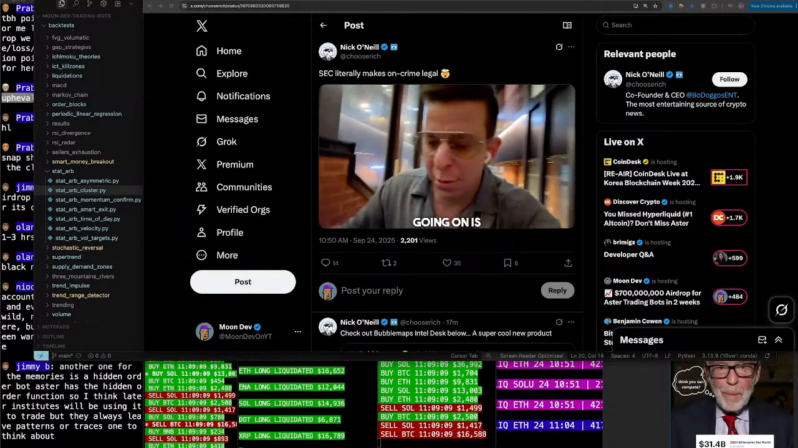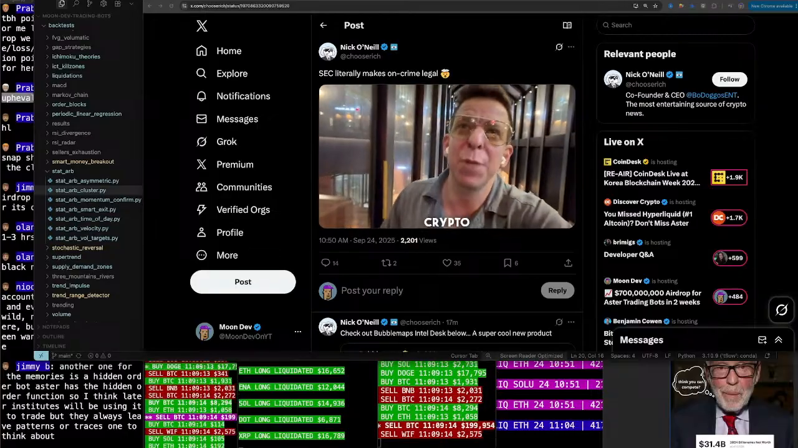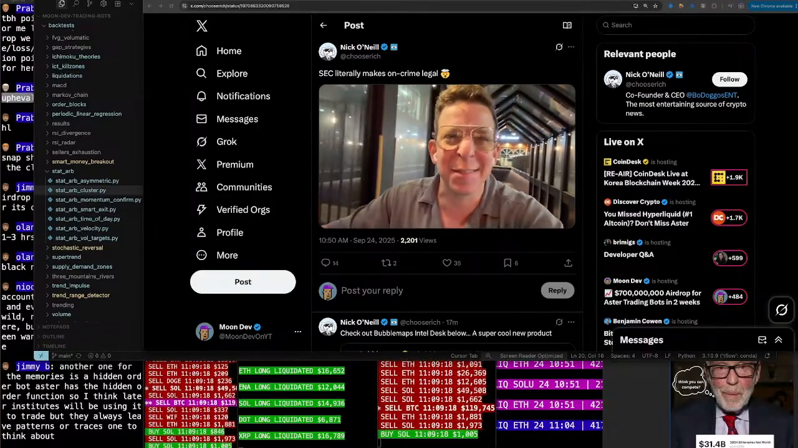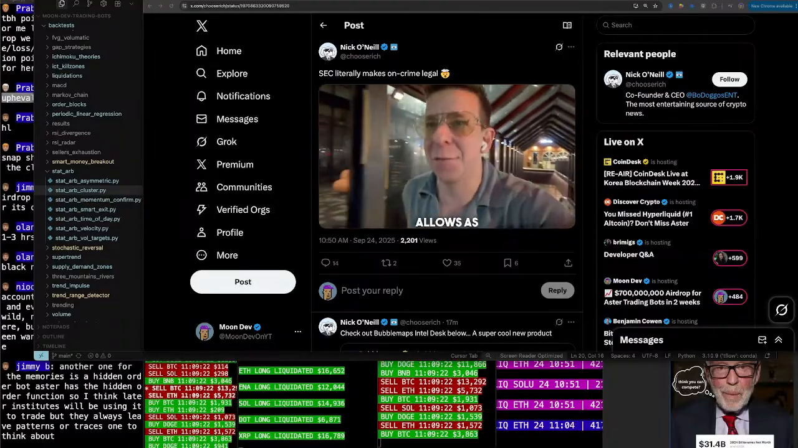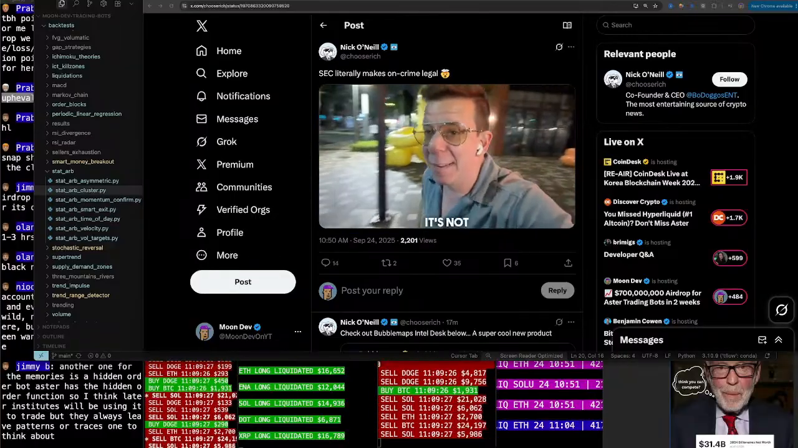The second story that we have also going on is that the SEC just announced a crypto innovation exemption policy. Sorry, I shouldn't call it tax. They're not a tax organization. They aren't the IRS. Basically, what it allows, as many people have described it, is essentially on-chain crime, but it's